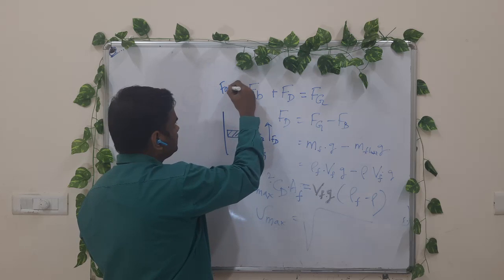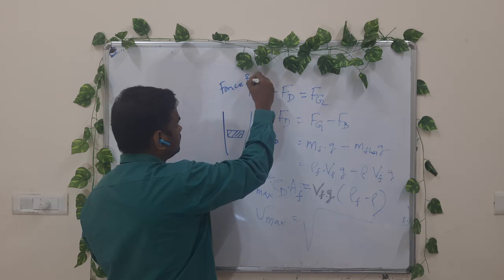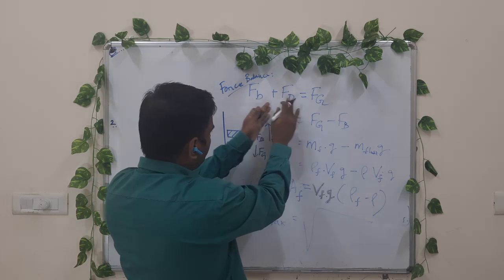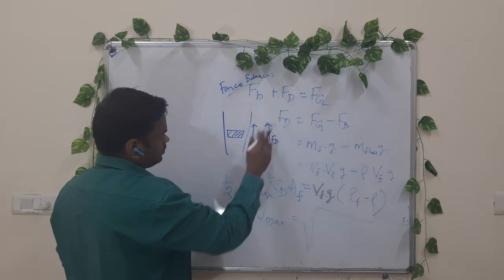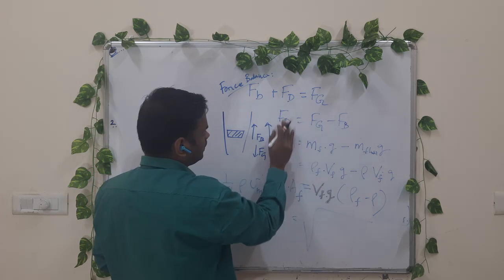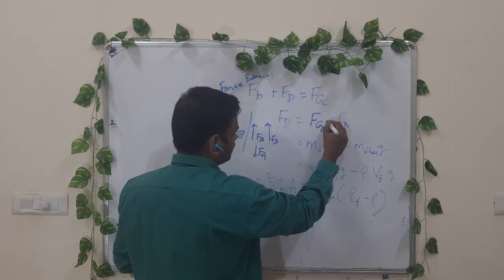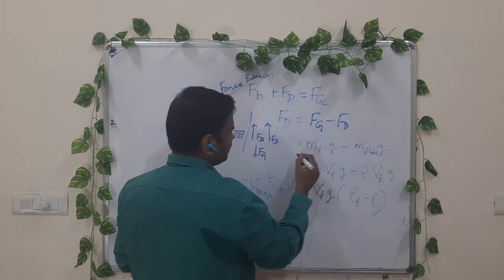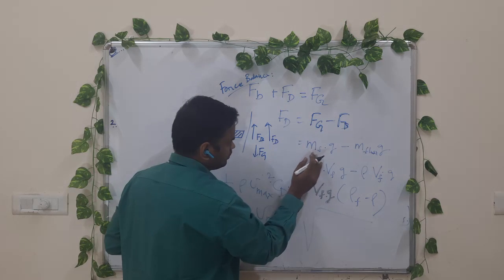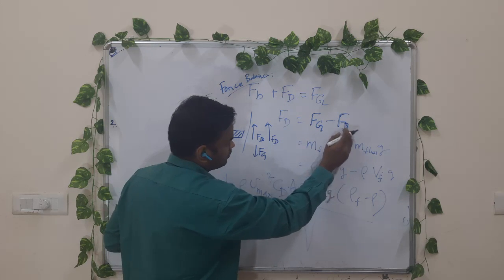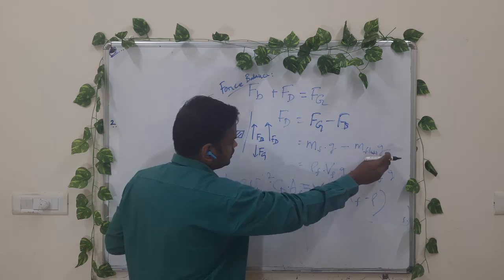So applying force balance, at equilibrium we have Fb plus Fd equal to Fg. So if you take this Fb to the right hand side, you have Fd equal to Fg minus Fb. Gravity force is mass of the float into acceleration due to gravity, minus buoyancy force, which is mass of the fluid displaced into